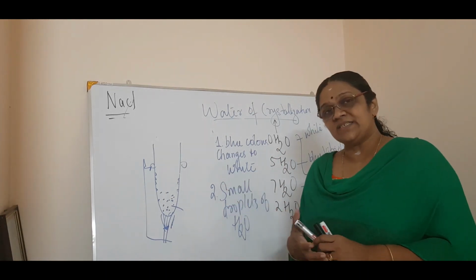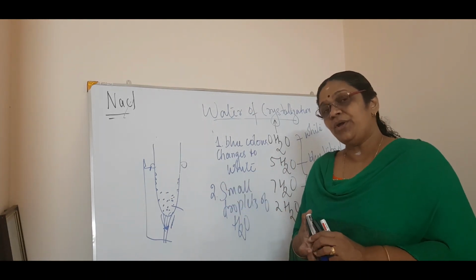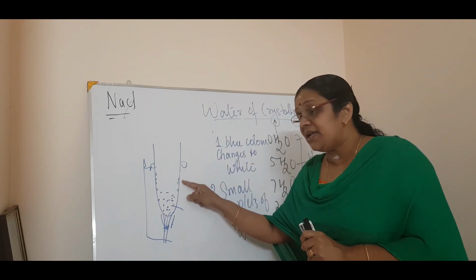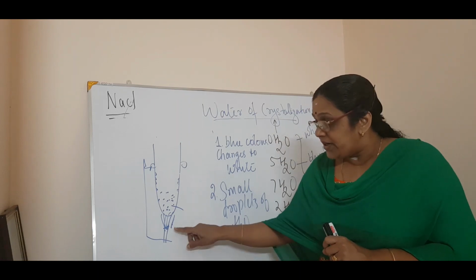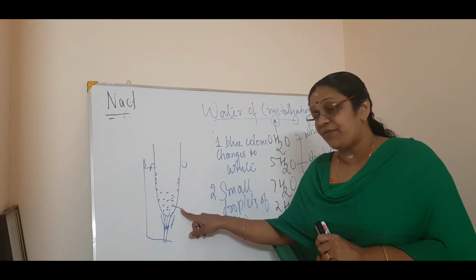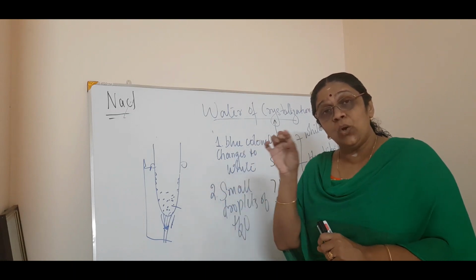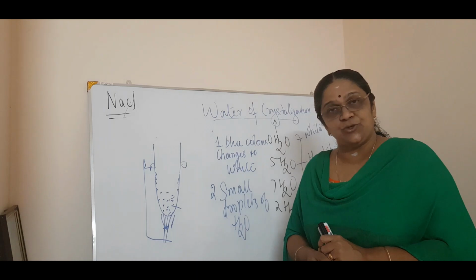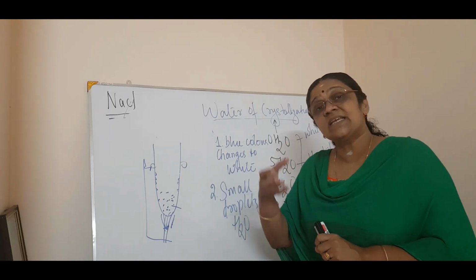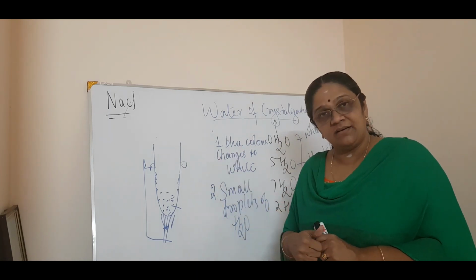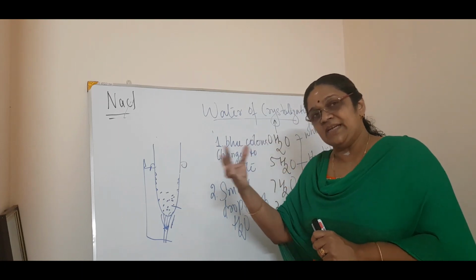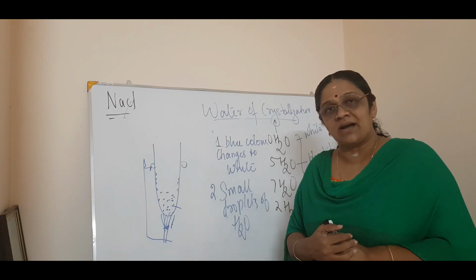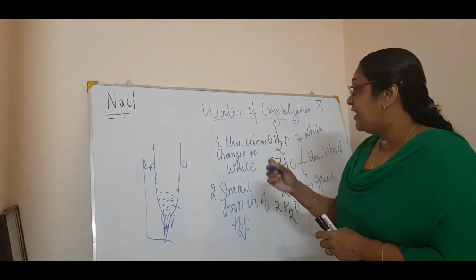Now, what is the inference for that? What do you infer from this observation? How are these water particles getting into the sides of the test tube? On heating it, the copper sulfate dot 5H2O loses these water molecules, and that water molecule is sticking in the sides of the test tube. So from there, the water is getting separated. And since the water is separated, the blue color is getting changed to white color or colorless. Isn't it? Now how can we write the equation for that?